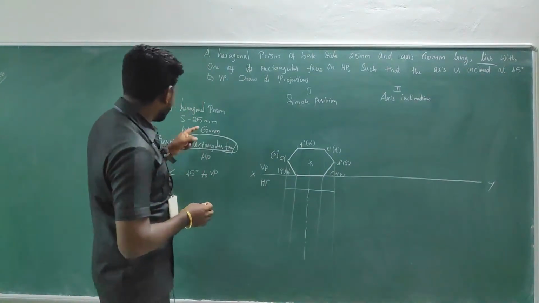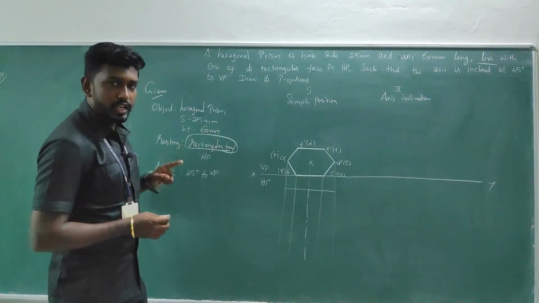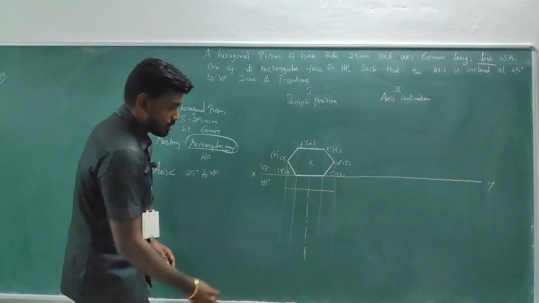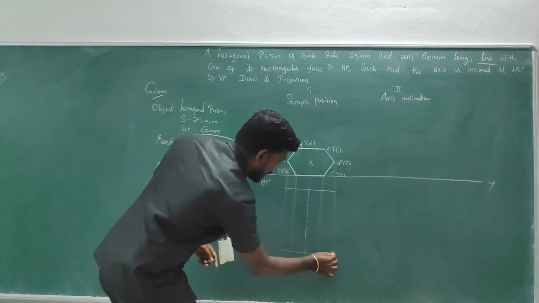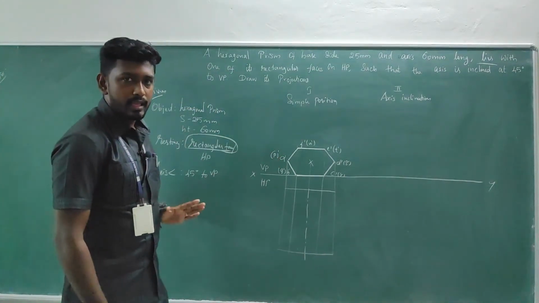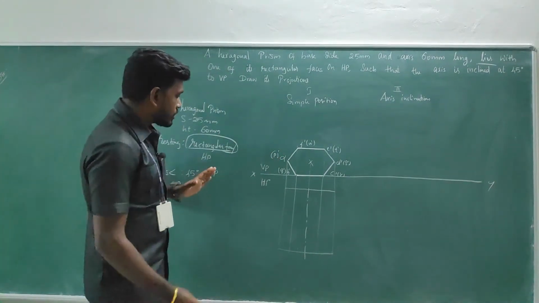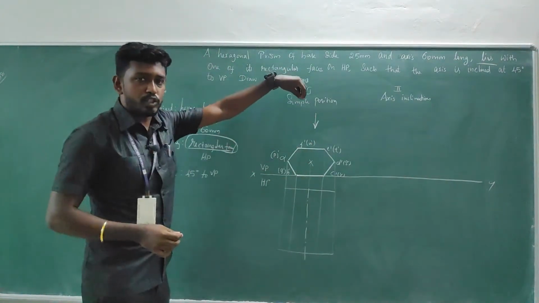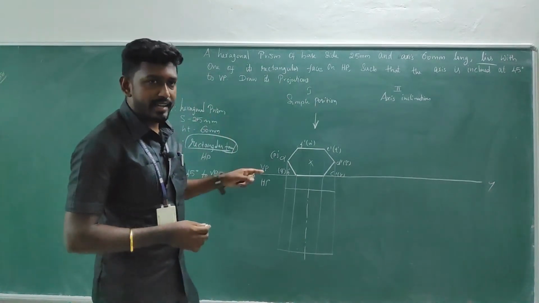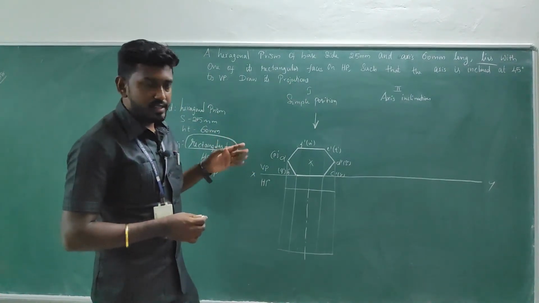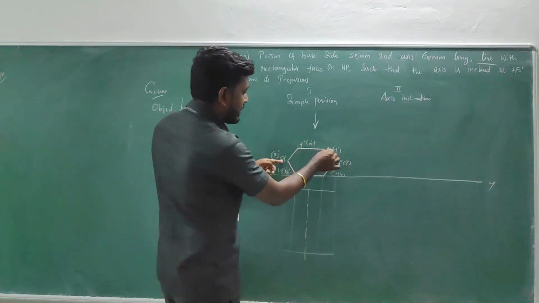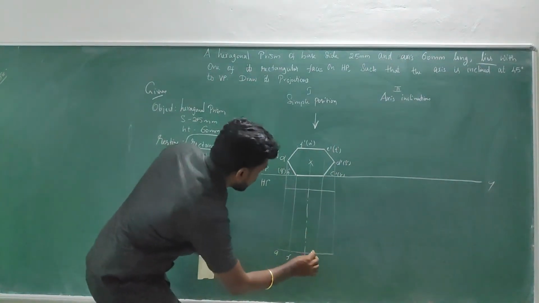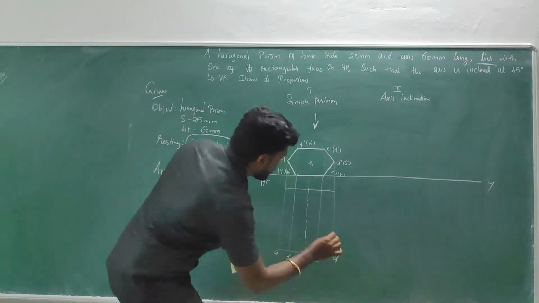Okay. Afterwards, what is the height of the object? 60. So take it in your compass and have a cut mark in the axis, so that you could get the rectangular face, right? So now give the notation. You are looking for the top view, so the observer position will be something like this. If you concentrate on the front face, I can say A, F, E and D will be visible. A, F, E and D will be a visible one.